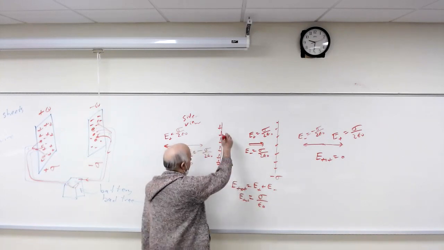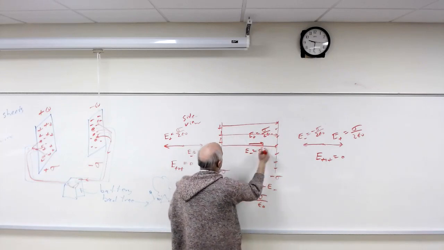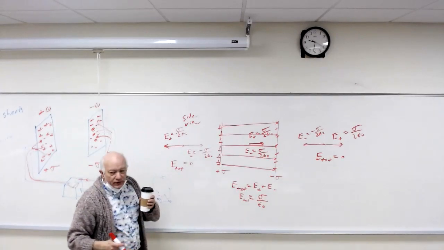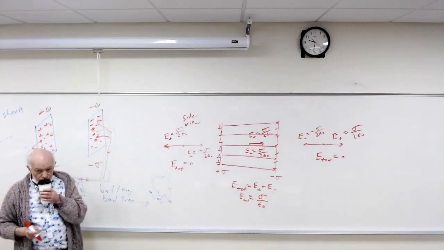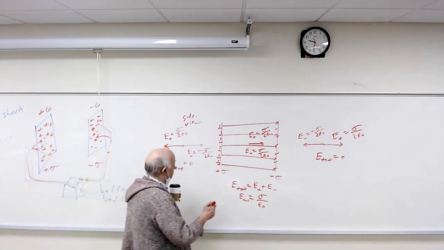And how would it look? It would look just like this. So this is the electric field. Okay, so what is special about that electric field inside there? It is constant. Yeah, constant. This is the constant E field.